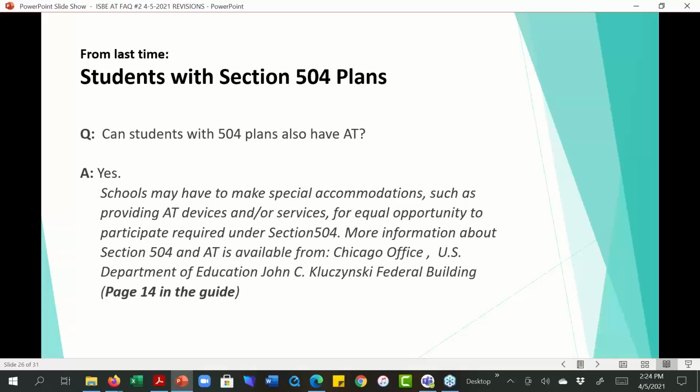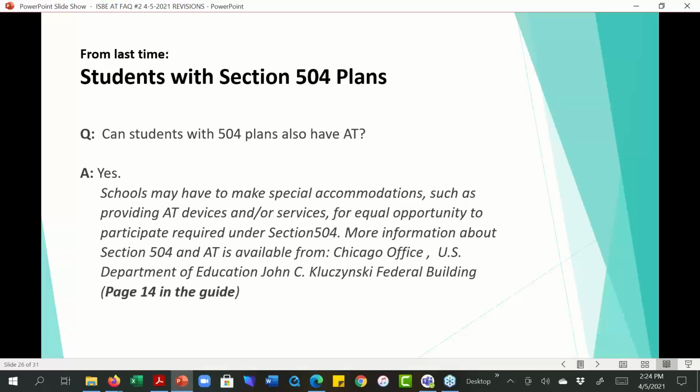So yes, schools can provide assistive technology as an accommodation to a student on a section 504 plan in order to make sure that they have equal opportunity to participate in required school activities and to have access to the curriculum. There is wording that further expands this on page 14 of the guide, and also there's a reference here to the place where you can get more information at the federal level.